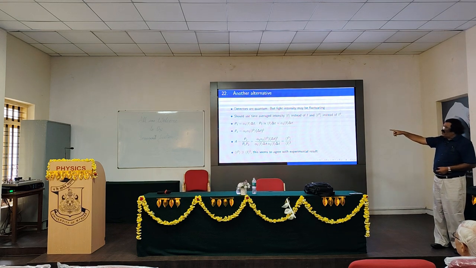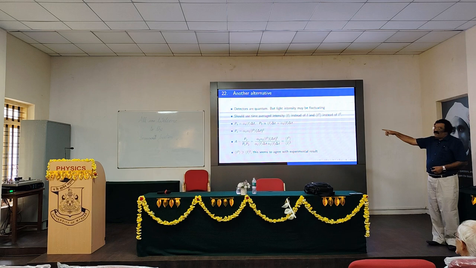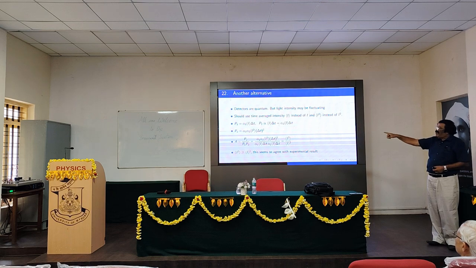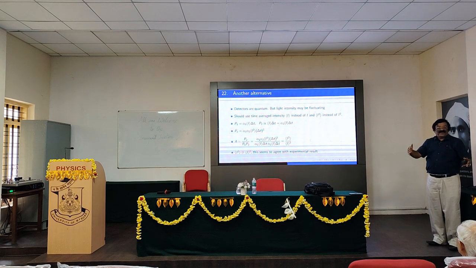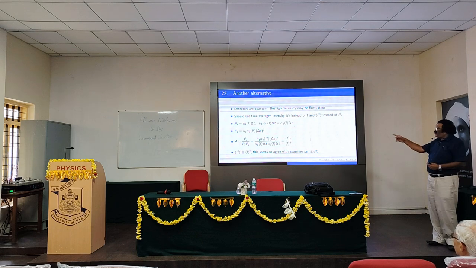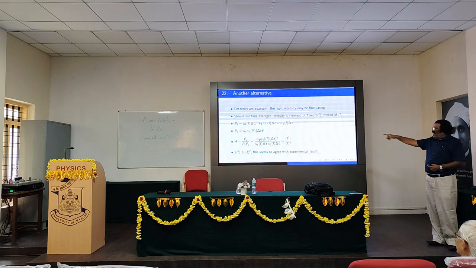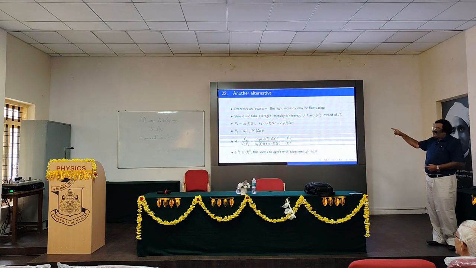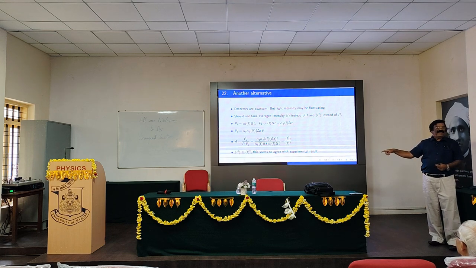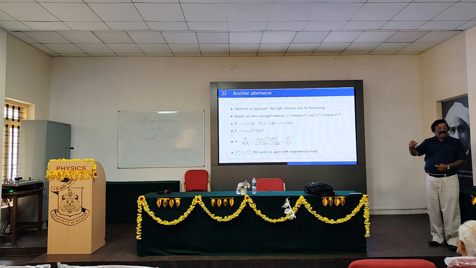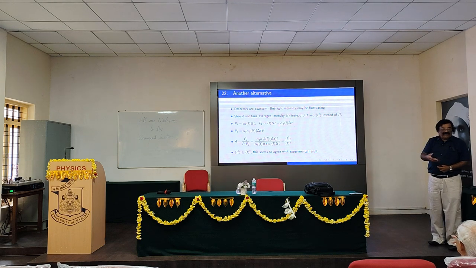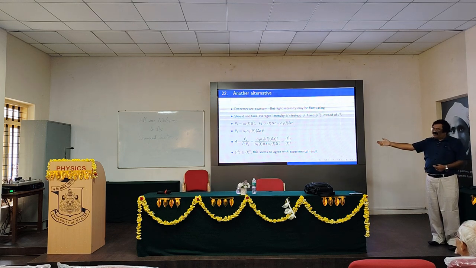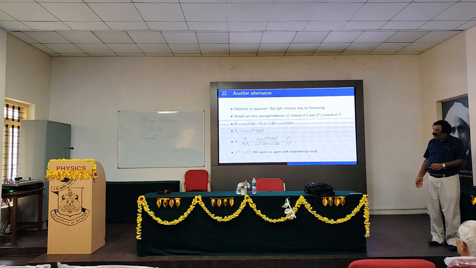If you use that, P1 is alpha 1 into average I delta t, P2 is alpha 2 into average I delta t, PC is alpha 1 alpha 2 average of I square into delta t square. Therefore, if you calculate this A, it will become average of I square divided by square of average of I. So this average of I square is always greater than or equal to the square of average I. The difference, average of I square minus square of average I, is what is called the variance in I. And you can show that average of I square is always greater than or equal to the square of average I.